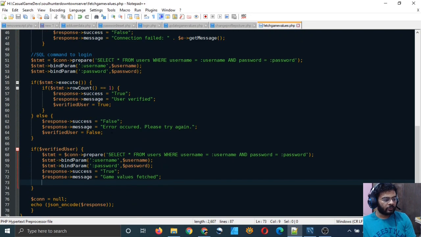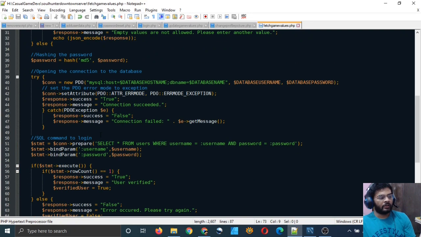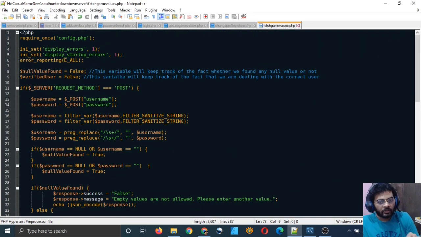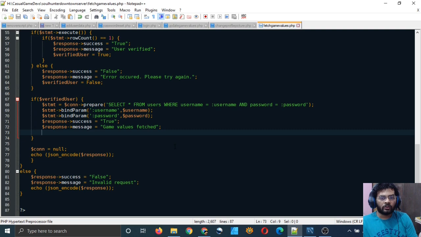That's what will happen. So even though we have not explicitly defined how many fields our response variable will have, we can make these fields on the go. We don't have to define them in the beginning, that okay, our response variable has 15 fields or 10 fields and these are the fields. We can make them wherever we want in the program. So that's a good thing.